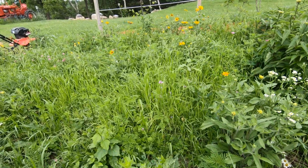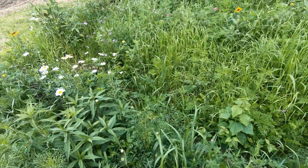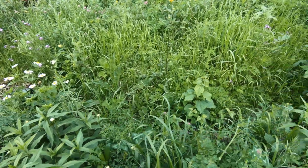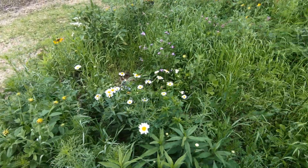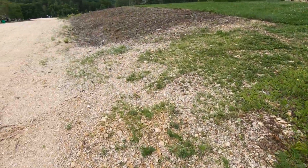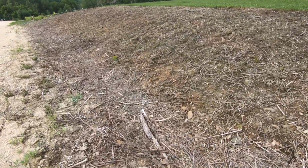Yeah, big old patch of grass right there. And some ragweed down there. And this, I try to yank out whenever I find it, wild carrot. It just drops a zillion seeds and creates patches like this of nastiness. And then finally, I come into the